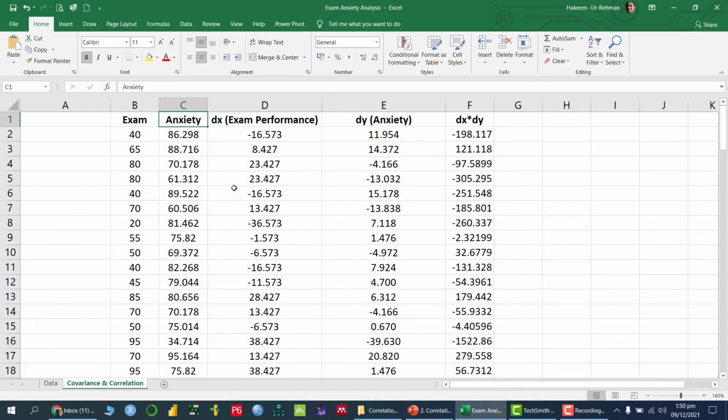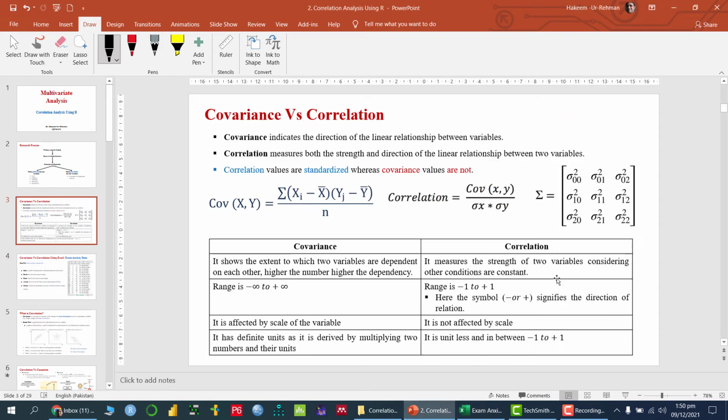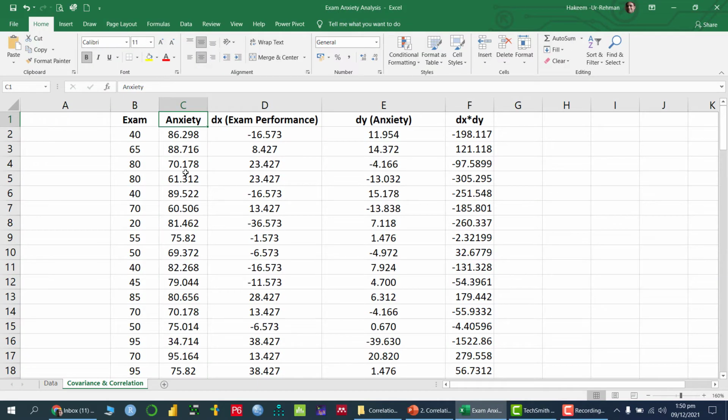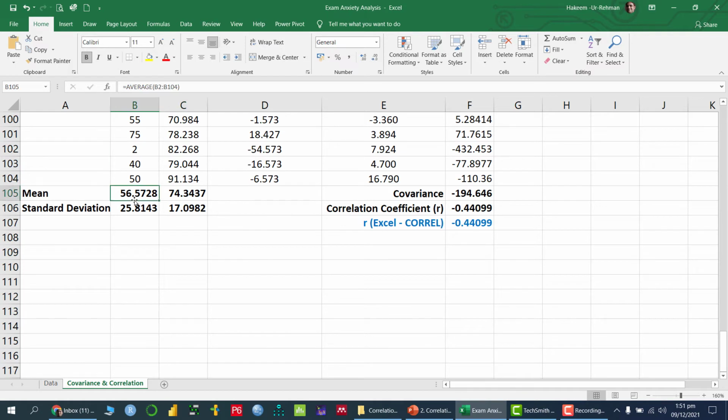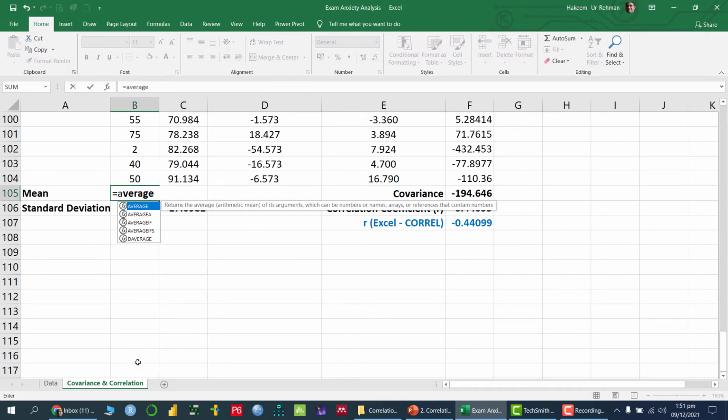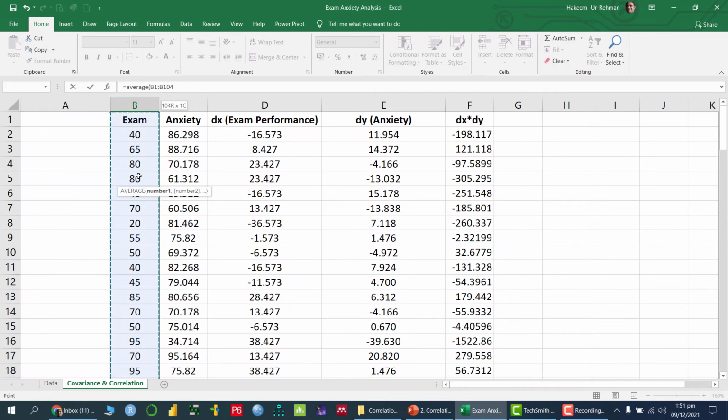So first of all, if I want to calculate the covariance, the formula of the covariance is x minus x bar. For that, I need to calculate the average of exam performance as well as anxiety. I have calculated the average using the average formula from Excel, and we have selected all these values.